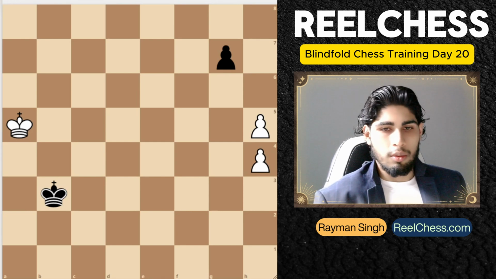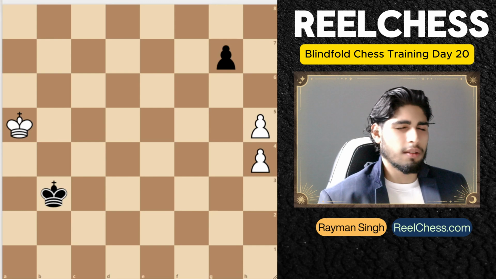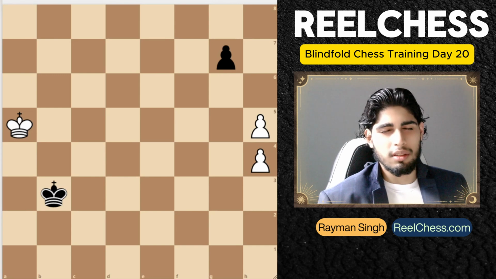Okay, we have a king on a5, pawns h5, h4, and black pawn g7, black king is on b3. Okay, a5, h5, h4, pawn g7, black king on b3. First move that comes to mind is just playing king b5, king c3, king b5, king c3, king c5, king